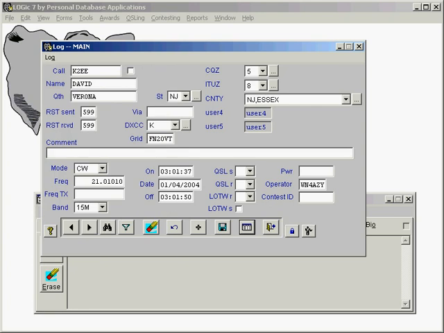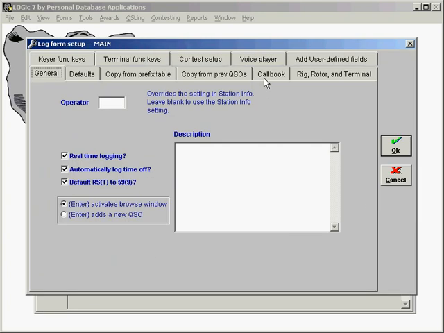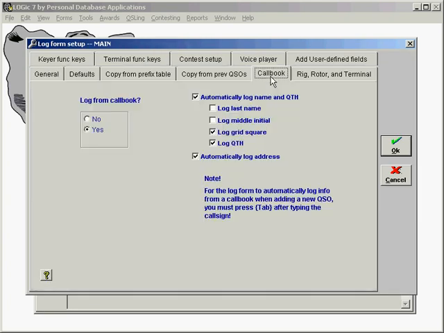First, let's set the log form up to automatically log from the Callbook. Go to Log Setup, click Callbook, and if you do not want automatic Callbook lookup, just turn it off. You'll probably not want it if contesting, if you're DXing or rag-chewing network. To